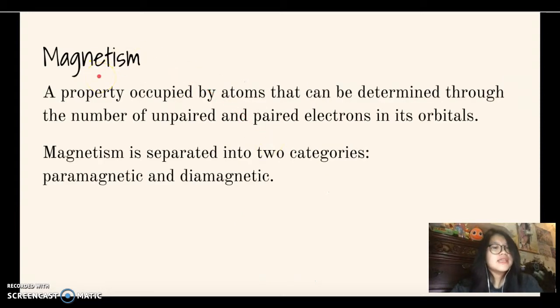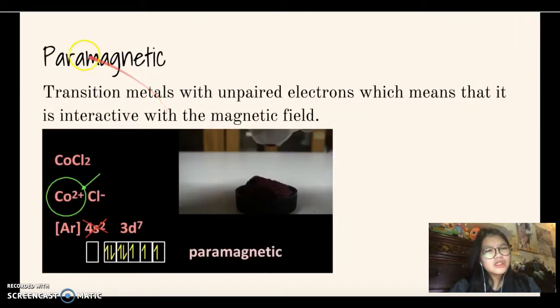Magnetism, what is it? It is a property of atoms that can be determined through the number of unpaired and paired electrons in its orbitals, and magnetism is separated into two categories, paramagnetic and diamagnetic. To determine the level of magnetism of an element, we look at its electron configuration, and specifically only look at the transition metals. So paramagnetic are transition metals with unpaired electrons, which means that it interacts with the magnetic